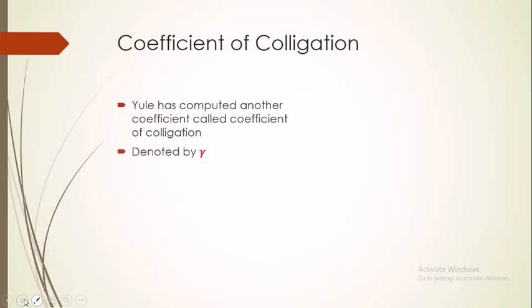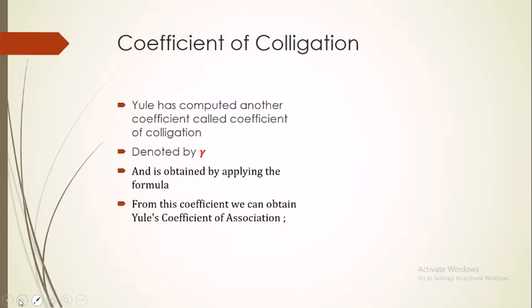Now, let's have a look at how the formula looks. It is denoted by the Greek letter gamma, and the coefficient of colligation is obtained by applying the formula